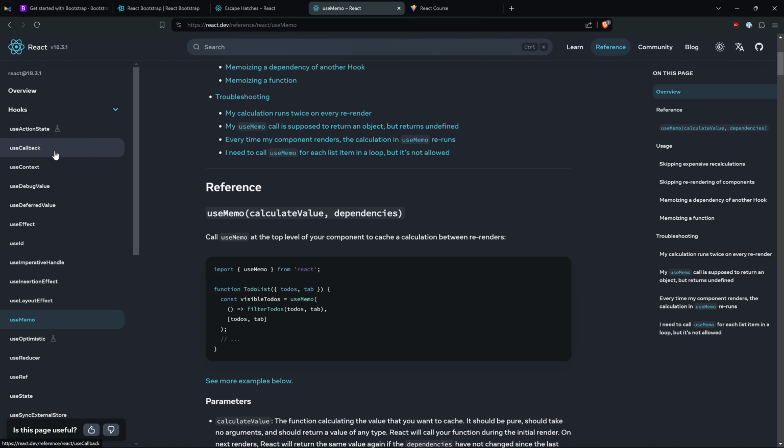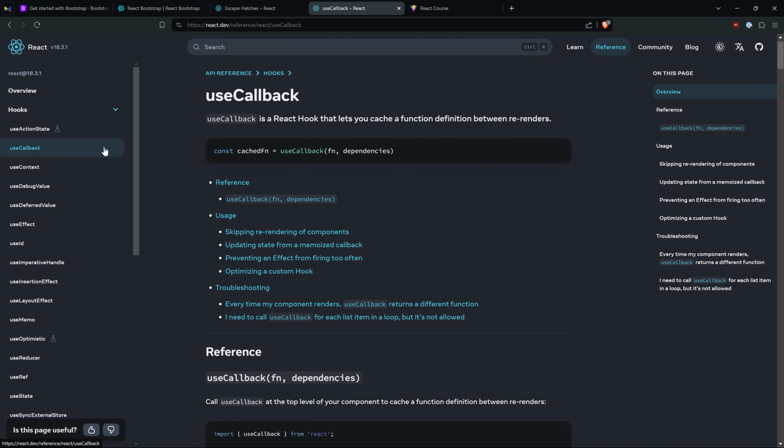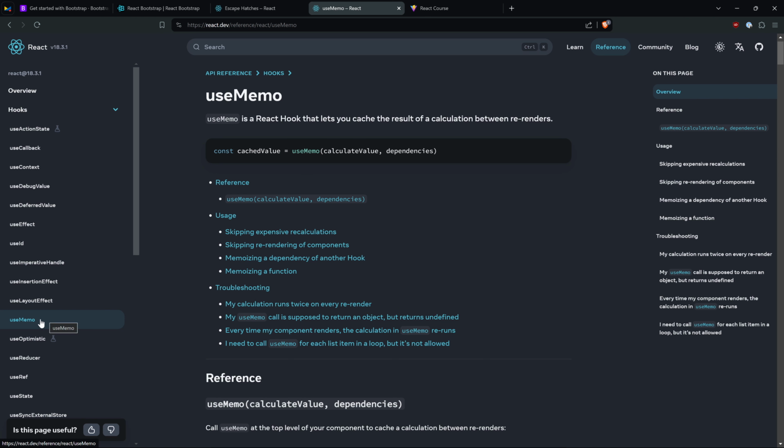So we have useMemo and there's useCallback, which is essentially the exact same thing, except you're caching a function of some kind. So keep that in mind as well. That's something that you can use. I'm not going to make a dedicated video to it because it works exactly the same as useEffect and useMemo, except it caches a function instead of a value, whereas useMemo caches a value. And useEffect is used for